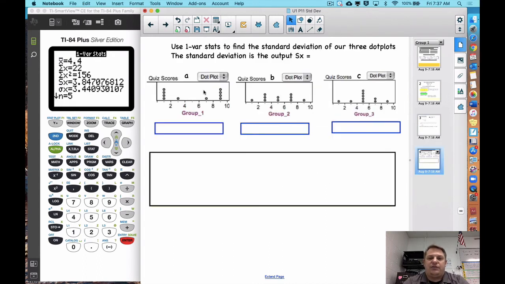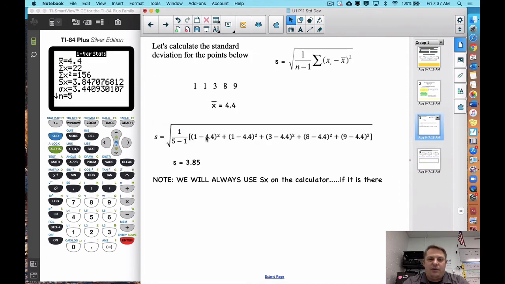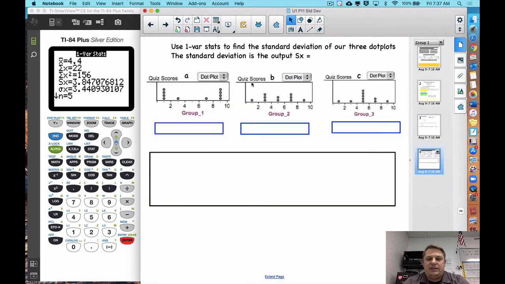So let's return to our data sets from before. When we look at these three, the whole idea here based on the formula is we're measuring how far each number is away from the mean. So when we look at these, the mean of all of these was in the middle. The largest standard deviation should be the one that has its points furthest from the mean. So when we see a graph like this with points way out near the edges, that should be our largest standard deviation. The smallest standard deviation is going to be the one that has most of its points close to the middle. So since this has most of its points close to the mean, that should be the smallest standard deviation. And then this, there isn't really a way to just guess the decimal, but it should be between